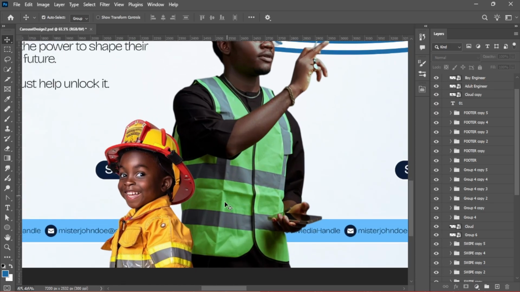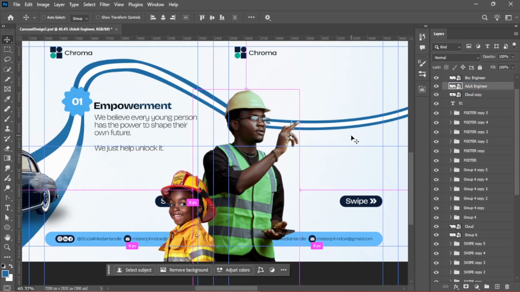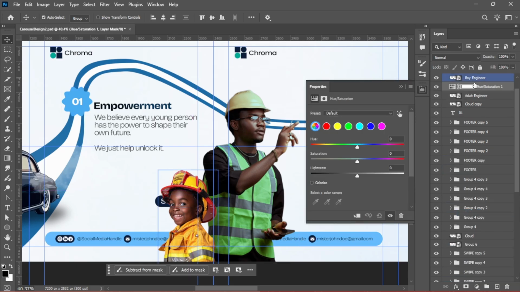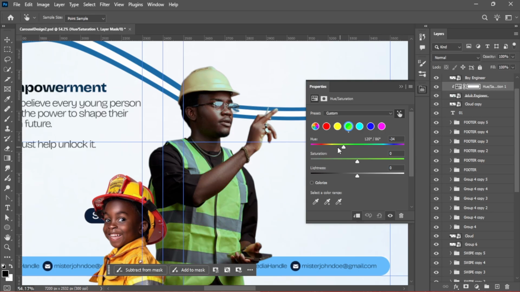This man's jacket is kind of green and this is yellow. We do not want that, right? So how do you change color in Photoshop? Use saturation. It works 90% of times, unless in rare or special cases. So you come to this hand icon here, click on it so that you can select green. Now when you select green and you adjust, whatever adjustments you make is only going to affect the greens in